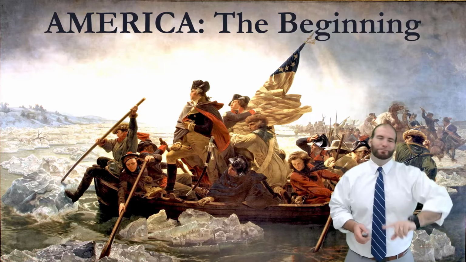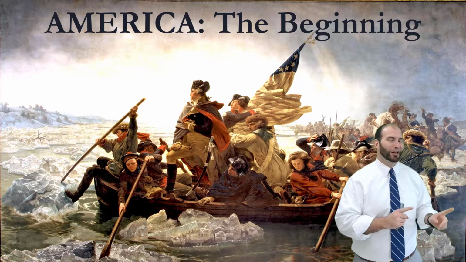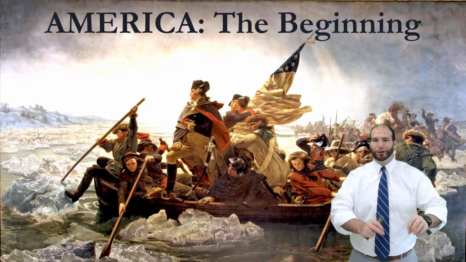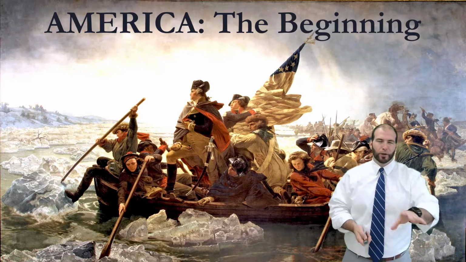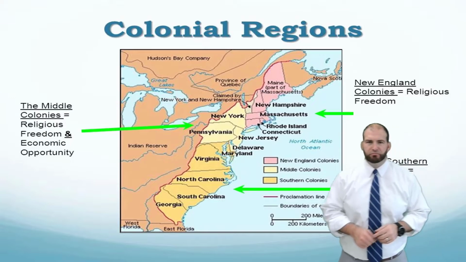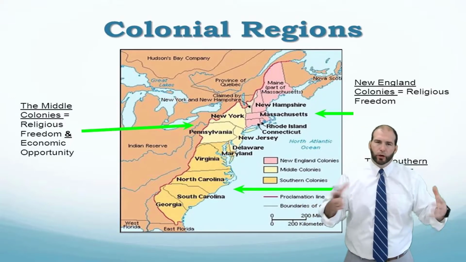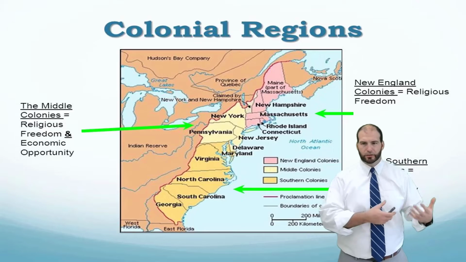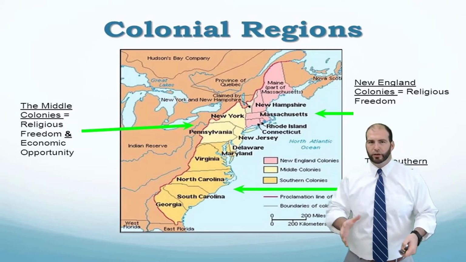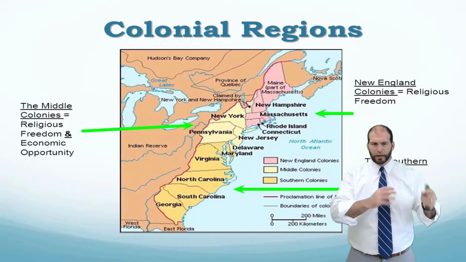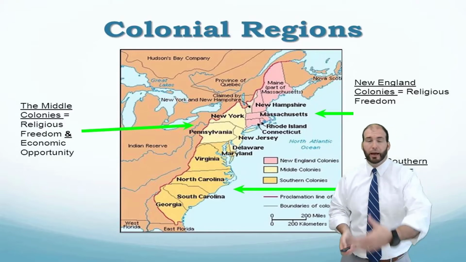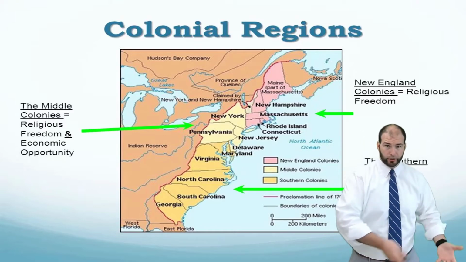All right, this picture here, this is George Washington crossing the Delaware River in the Revolutionary War. We're going to get back to this specific picture and this story a few lessons from now. But let's pick up today. We're in the 1700s in what is present day the United States. This map here, this is the colonial regions of the United States at the time, meaning that all of these, what we call states today, were colonies of Great Britain at the time. England owned the colonies, all right?